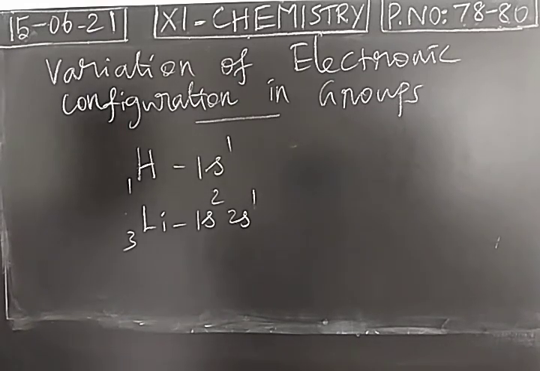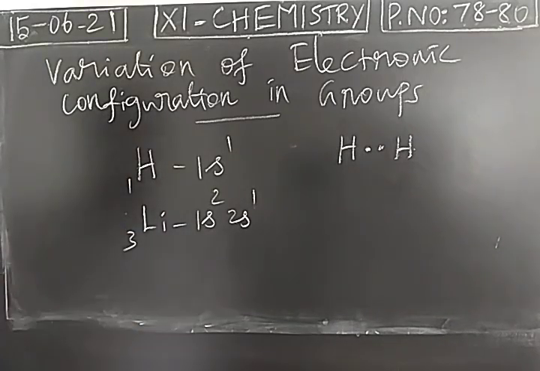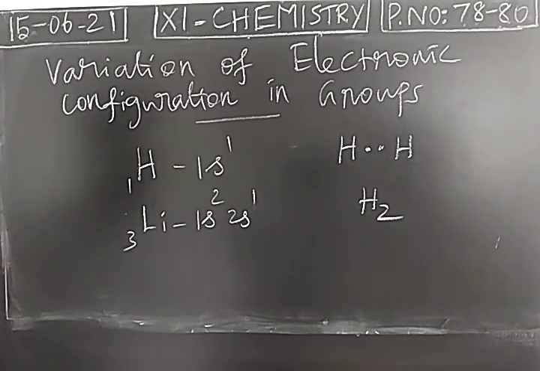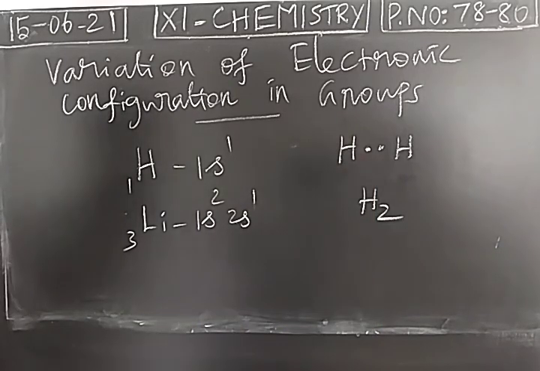The chemical reactions or chemical bond formation is mainly due to how many electrons are present in the valence shell, how many valence electrons are available. It decides the chemical bond formation as well as chemical reactions. Hydrogen can mutually share electrons to form a hydrogen molecule, isn't it? A single hydrogen is unstable, so hydrogen always exists as an H2 molecule, a diatomic molecule. Both hydrogen atoms are mutually sharing the electrons. A covalent bond is formed, so it exists as an H2 molecule.